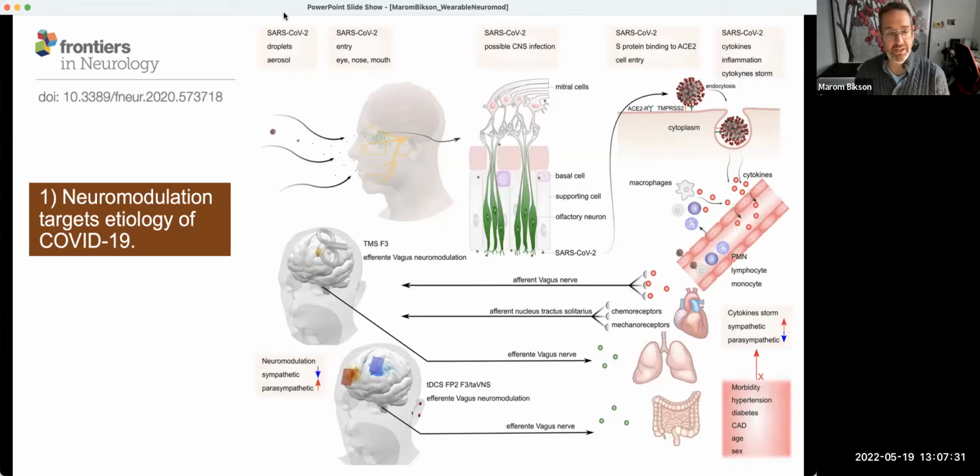The first point is that, when you're talking about targeted interventions, you have to be thinking about the mechanisms by which this virus is causing all these different disorders, the different systems that it might be attacking. And so when you're developing interventions, you're obviously thinking about interactions with systems that might be disrupted by the virus. And there's a lot of information here. And the bottom line is,